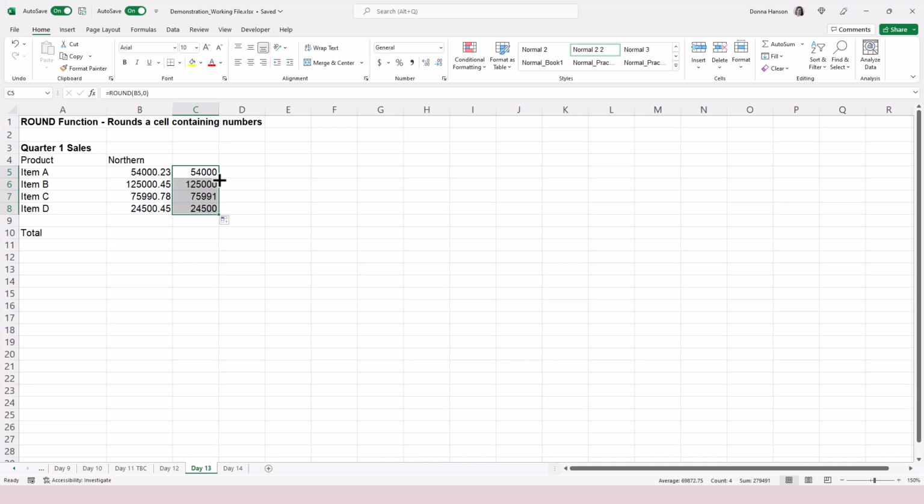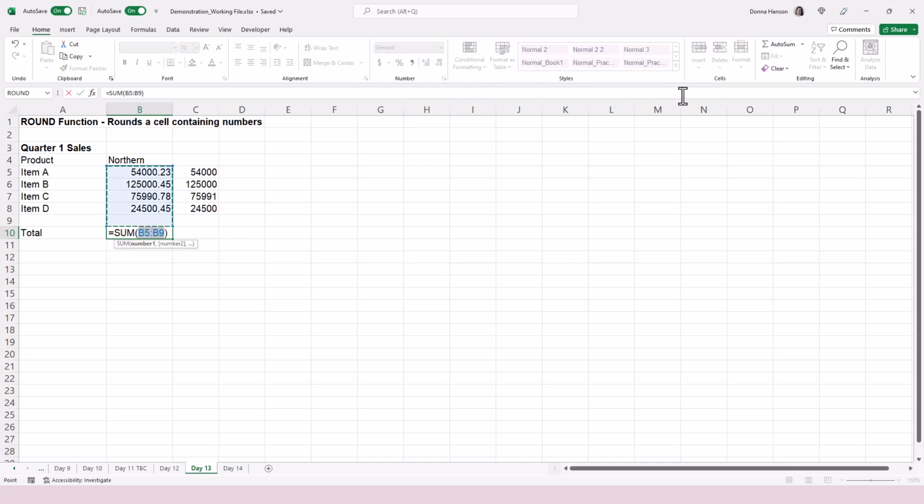Now, of course, what you could do is you could use the formatting options here to increase or decrease decimals, but often what happens is the round function may be nested or incorporated in another function. So for example, I could do an auto sum here, and if this is the data that I want to sum up, but I want to round it at the same time, click up here and I'm going to type in round, open a set of brackets,